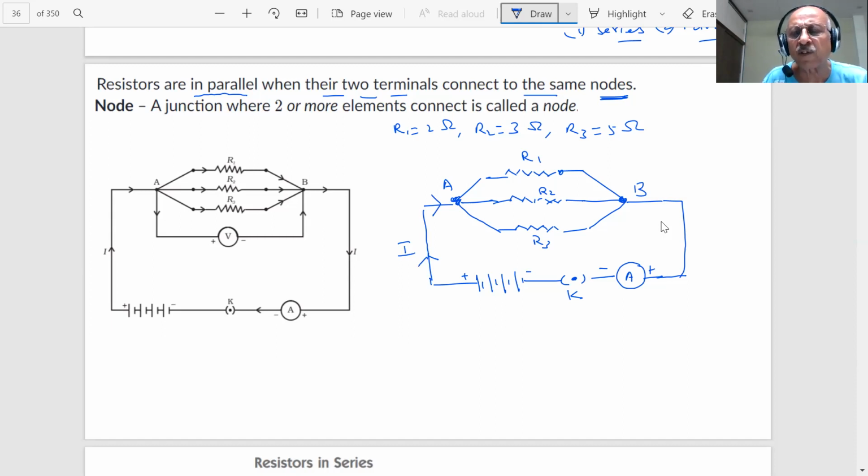And voltmeter is always connected in where, student? Voltmeter is connected in parallel. You know about that voltmeter, student? This is my voltmeter. Since this is positive, this is positive, this is negative. So this is a circuit, student. And these resistors are not joined end to end. Are they end to end? No. They are not in series? No. And what is important? Their terminals are connected to the same node. The terminals of the three are connected to the same point, as you can see here, students.